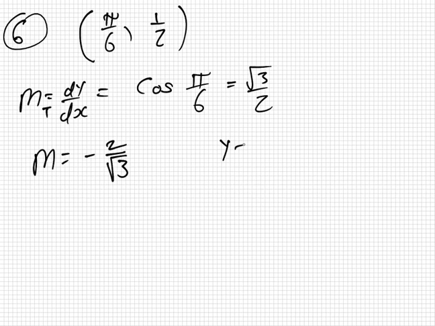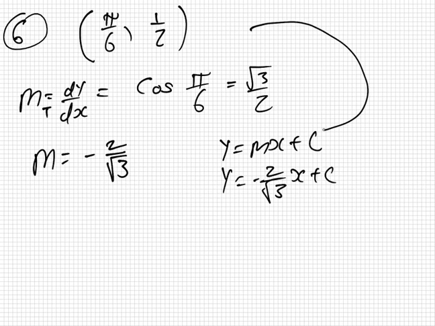Now we have y equals mx plus c. Y equals minus 2 over root 3 x plus c. How do I find the c? Sub in a point. So the point I'll put in is this one here. A half equals minus 2 over root 3 times pi over 6 plus c. So I get for c,